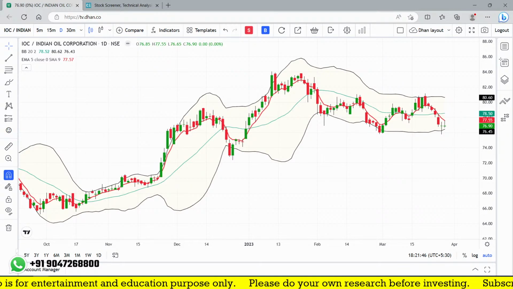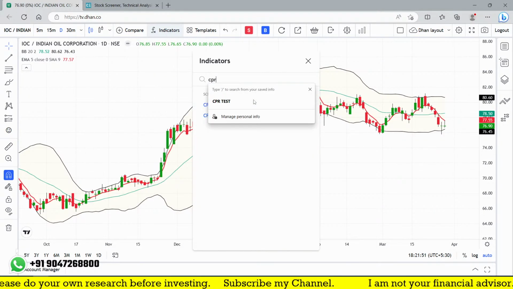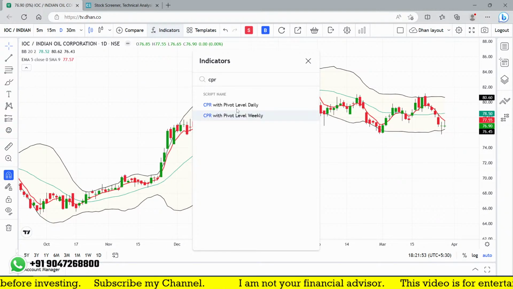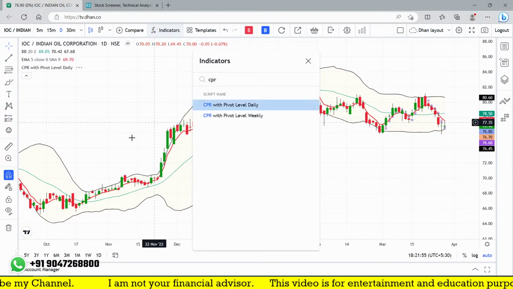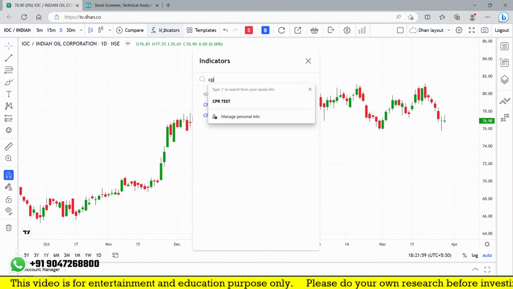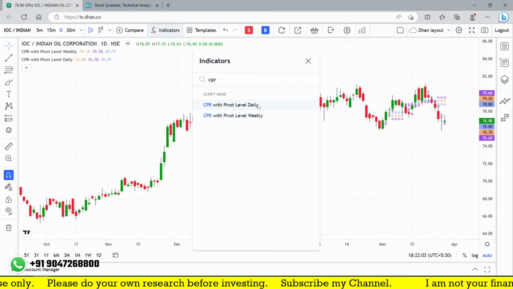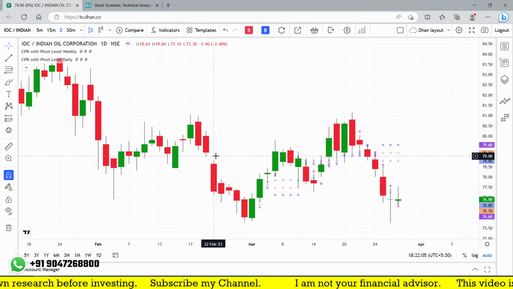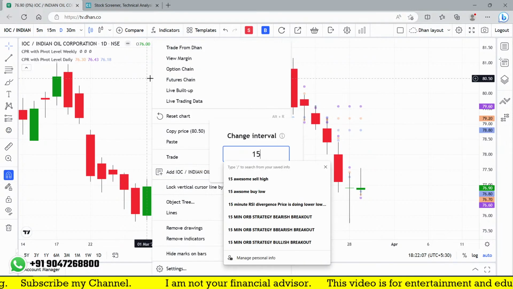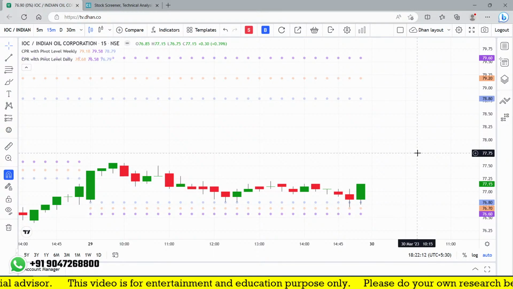So I can add CPR here. Pivot CPR point daily. Okay, I can go for a plain chart, then we can add a CPR. This is what Dawn Broking has: CPR levels weekly and CPR levels daily. So I have added 2 levels. If I go to the 15 minutes chart,